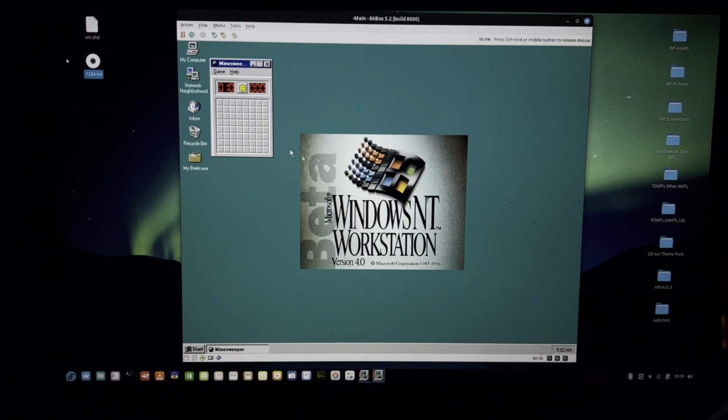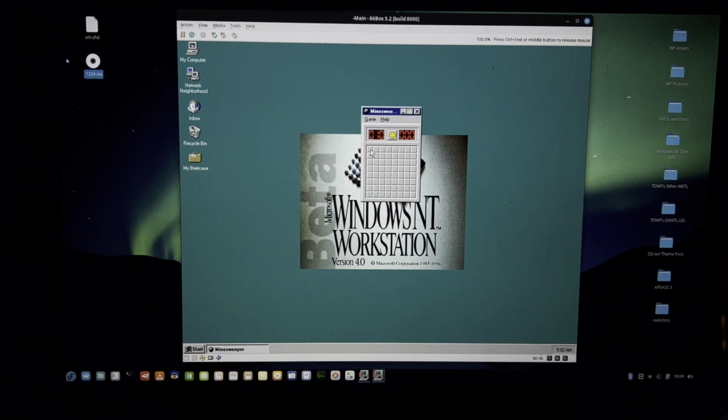Oh look, Minesweeper, always gotta play this. Ooh, let's mark these. I don't know, it's looking right. Oh, well. Anyways,